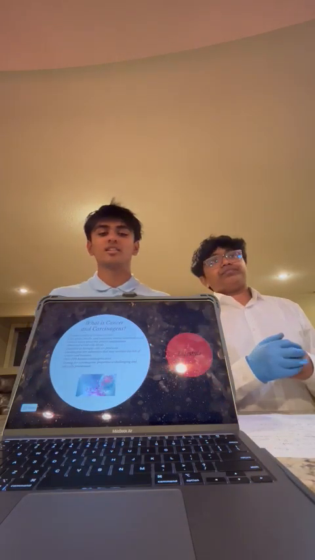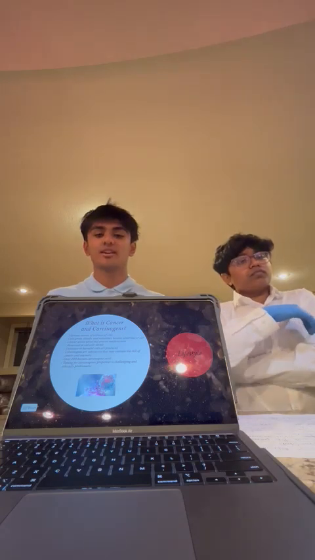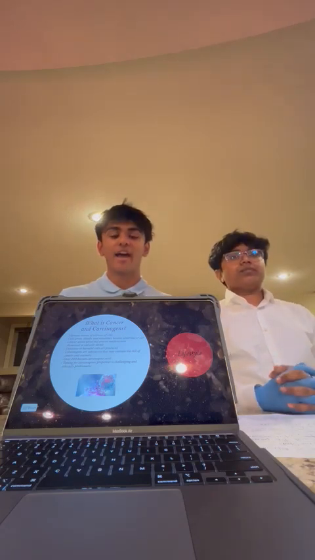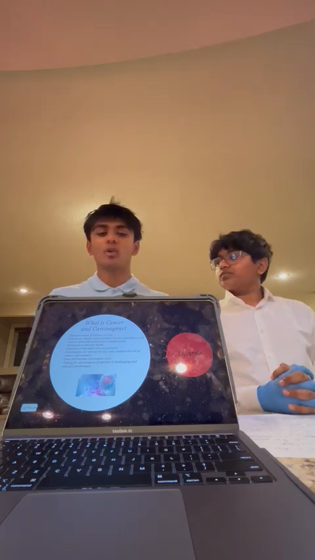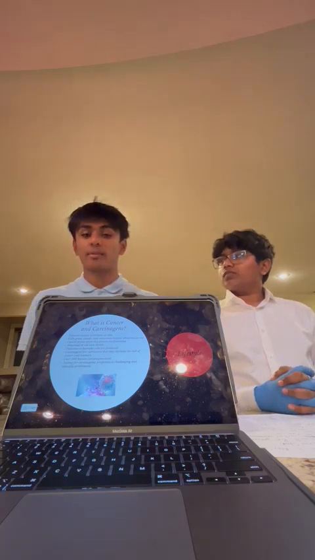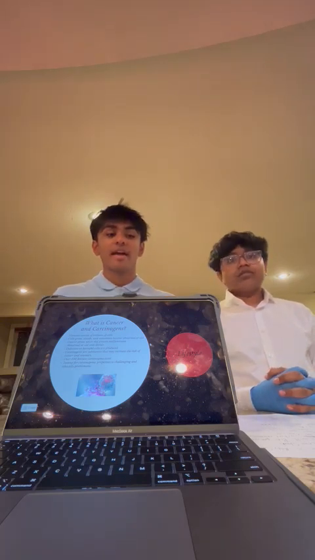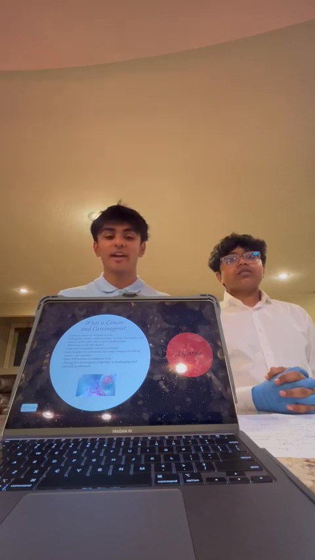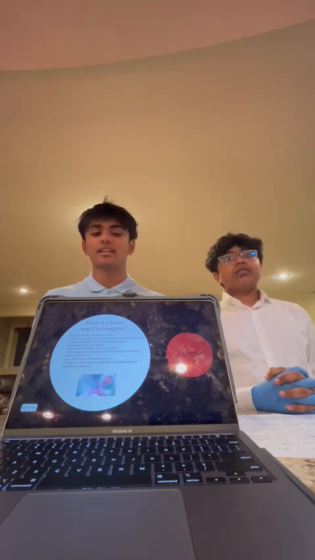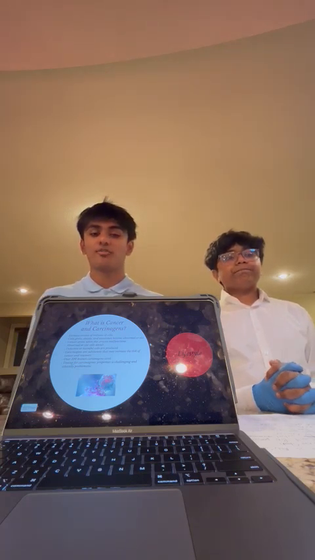So the human body consists of trillions of cells. These cells can grow, multiply, and divide. However, there are a few abnormal and old cells in our body that can replace the good cells in our body, and those cells can divide throughout our entire body and spread into tissues. That is how cancer is formed.